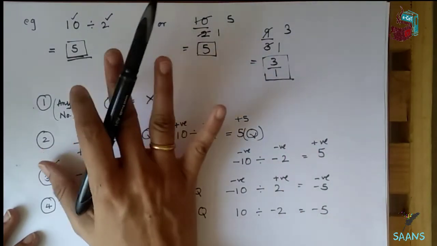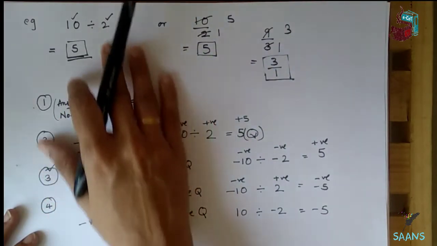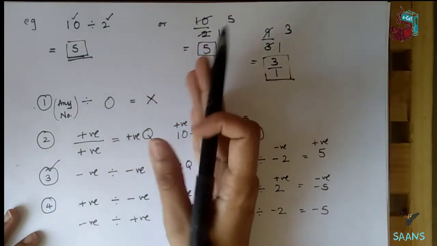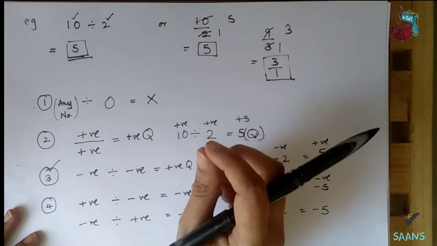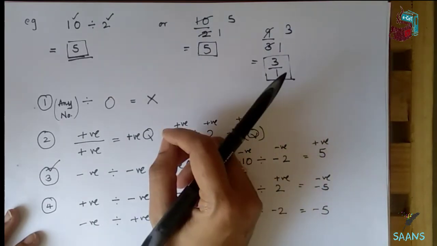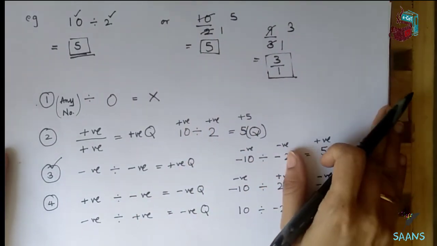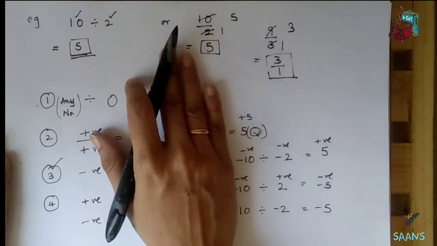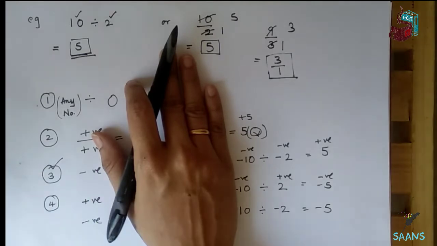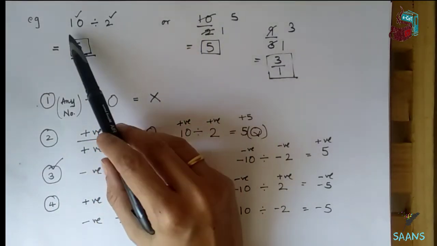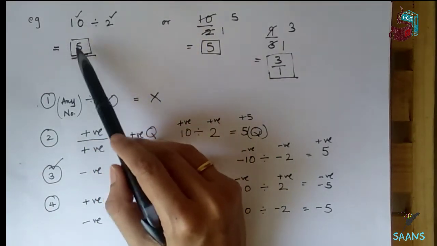If you think I'm going a little fast in this video, it's because it's only the revision. If you want a clear explanation, I have gone a little slow in the previous part, so it's a request, please go and watch that video so we can do this exercise with a better understanding. So 10 divided by 2, 5 is the quotient.